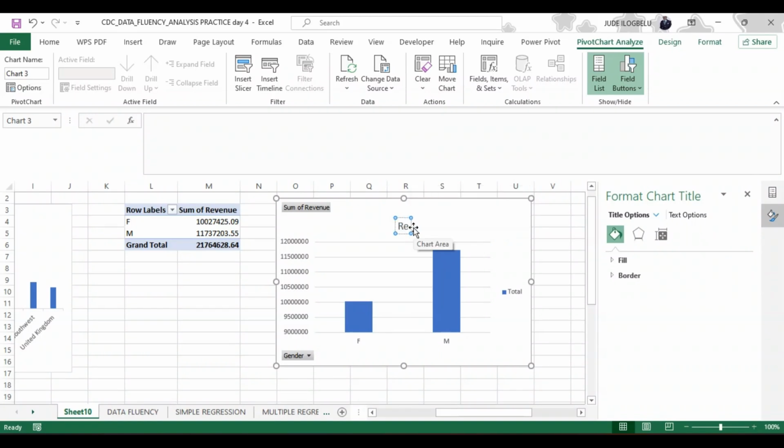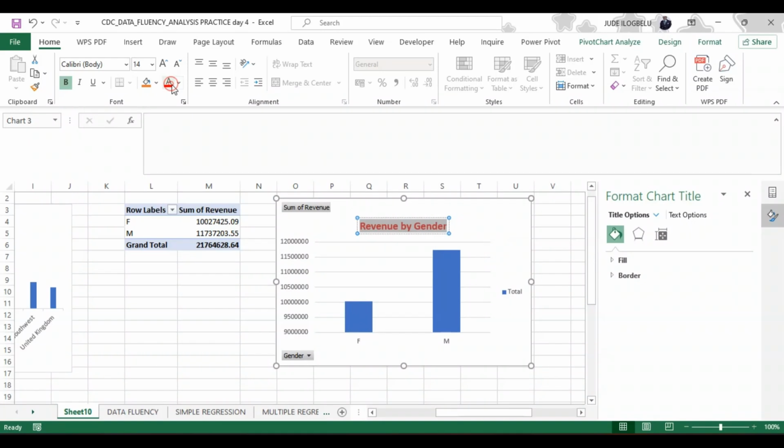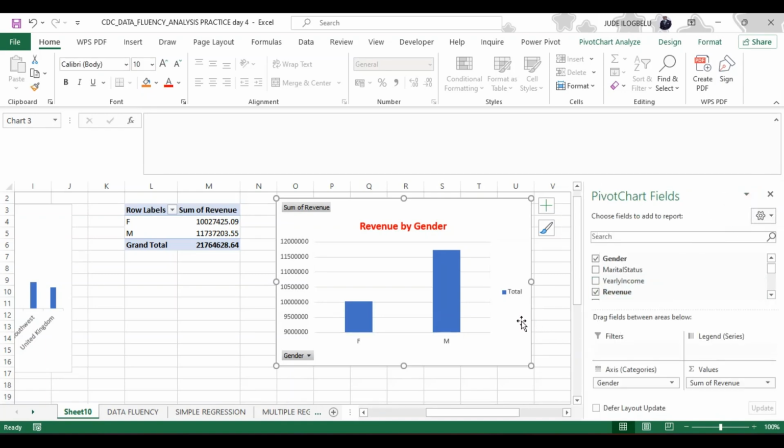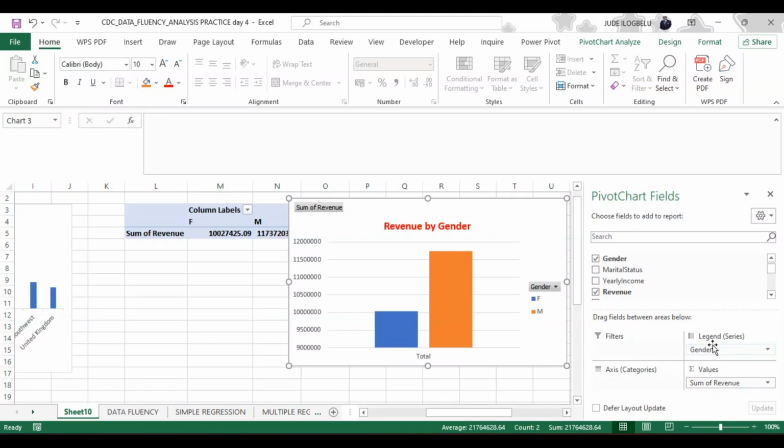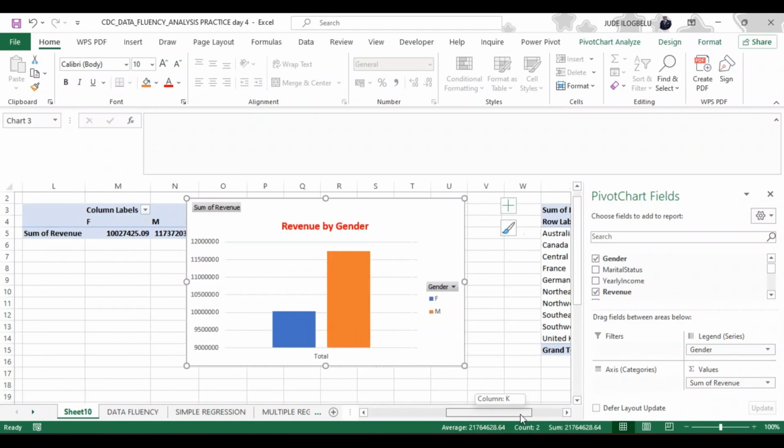Write revenue by gender, and then we can make it to be bolder. We can go to home, pick up a color, and then we can also, if we so wish, close this. We can also pick our gender and take it to legend to give us different color per segment. We can see that the male is much more than the female. We can do other things as you wish, but this is the basic idea of what you are required to